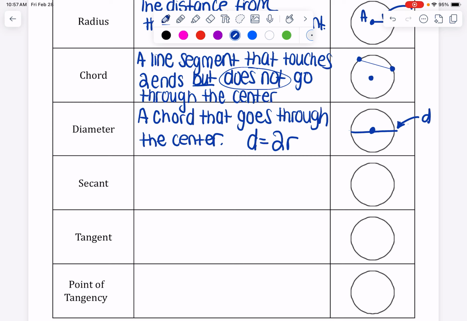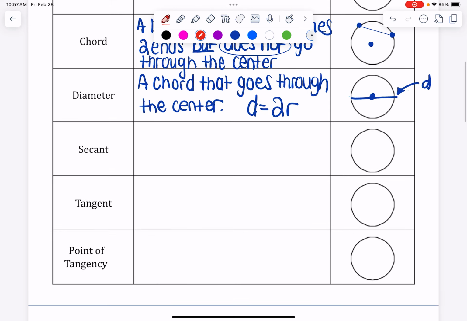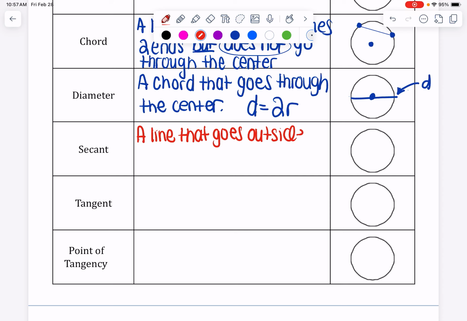Okay. So then the last section, we've talked a lot about when we have lines inside the circle. We need to talk about what happens when we have lines outside the circle, and that's what's known as a secant and a tangent line. Okay, so we'll start with the secant. So it's going to be a line, okay, that goes through, or I should say goes outside the circle